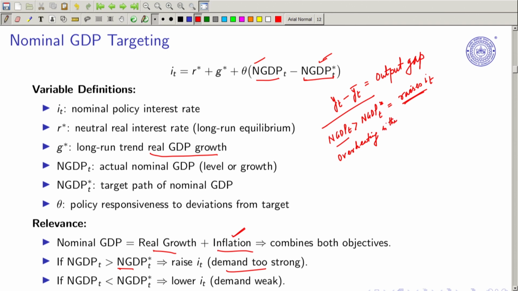Same as we discussed in case of output gap, right? Overheating often leads to high inflation, and in order to catch up with the high inflation, you will have to increase the interest rate, right? So this is the scenario, and it is considered appropriate for the economy,